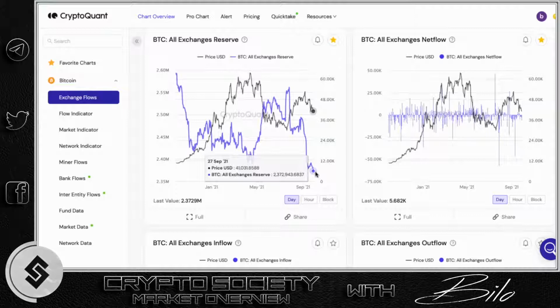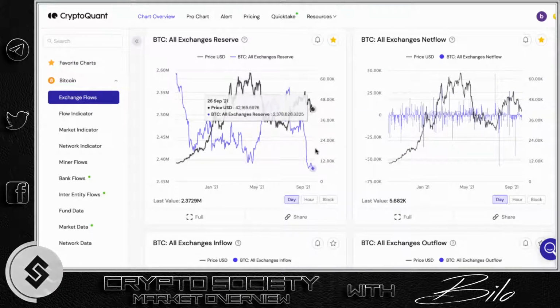The counter argument to this is you also need Bitcoin to long the market. You can long the market with Bitcoin instead of with USDT. But the most popular belief, and the one that seems to fit the most backtesting, is when Bitcoin comes onto an exchange, price drops. When Bitcoin goes off an exchange, price goes up. Unless there's manipulation, meaning that people, institutions want you to believe one thing when in fact they're up to something else. But looking at this from an innocent perspective without any conspiracy theories, it's interesting and quite bullish that